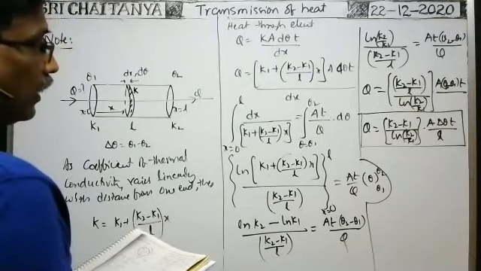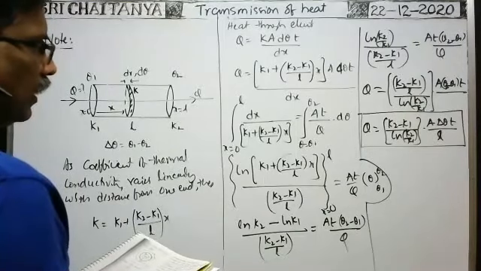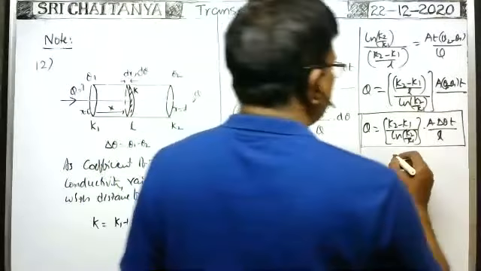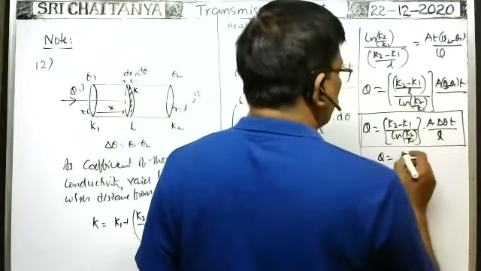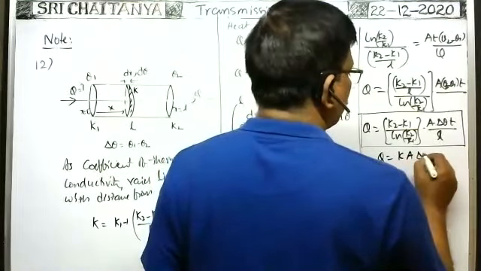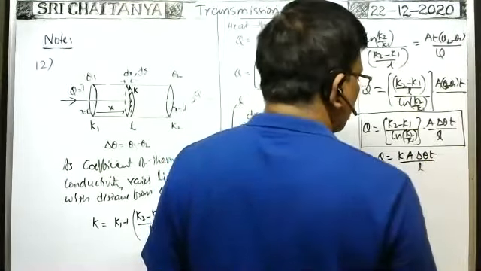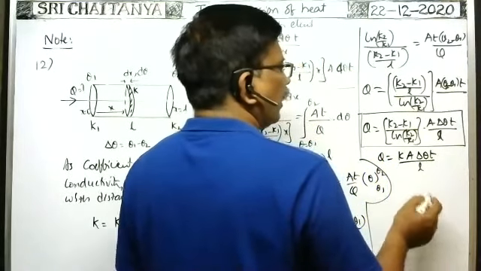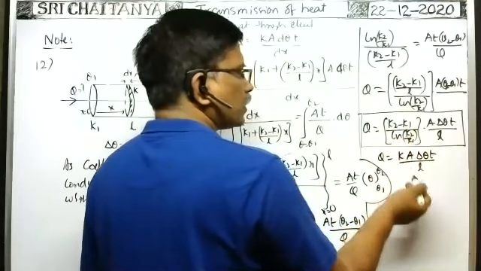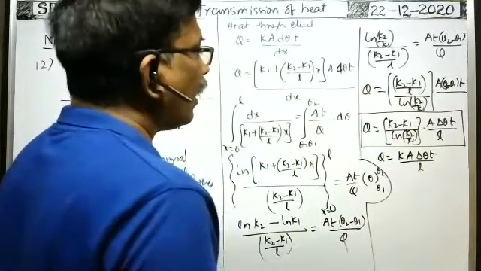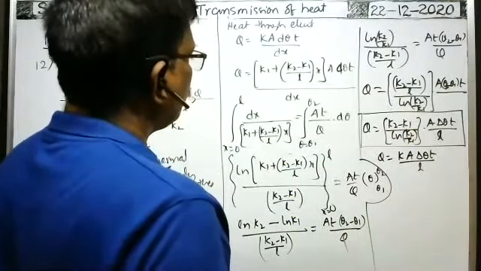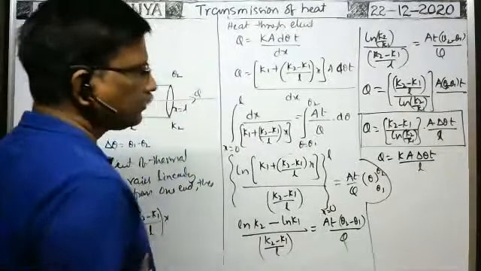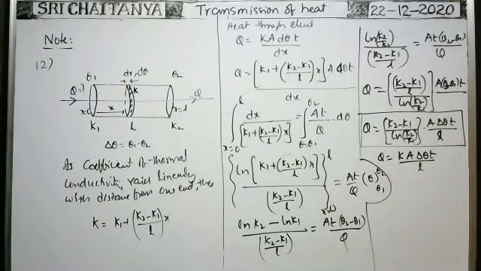Here, what about the thermal resistance? From this formula, actually it is equal to K A delta theta T by L. Thermal resistance means R is equal to L by K, no? At the place of L by K, what is the value you substitute here? You will get directly. Okay, if you want to derive the formula for thermal resistance, we can derive. First you note this one. We will derive the thermal resistance also.